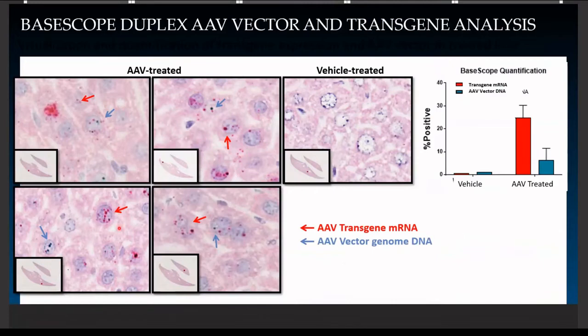So this really shows you specifically which cells within a tissue are expressing your transgene and which cells have taken up your virus. And here they compared it to an untreated or vehicle-treated control, and obviously the expression of the transgene is absent in the vehicle-treated. So both our RNAscope and BASEscope assays can be used for AAV therapy analysis, and this has huge clinical relevance